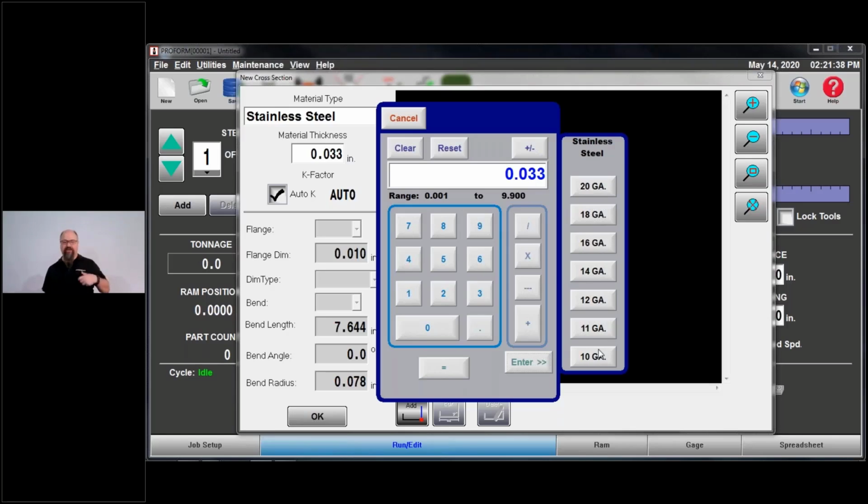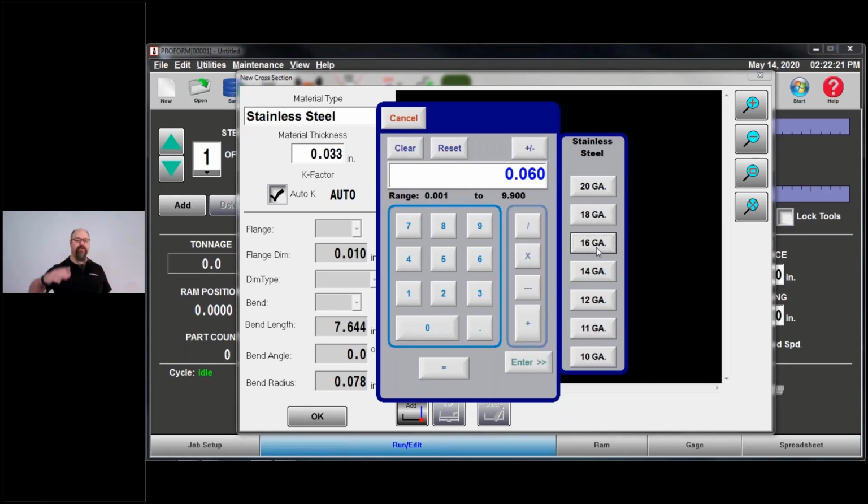Generally speaking, if I know that I'm making a 16 gauge part, I can go in and say, hey, it's 16 gauge. But the problem is when we get our steel from the highest possible grade steel supplier that I know you're all using, just because it says 16 gauge doesn't mean that it's 0.06. Can I write my programs at 0.06? Sure. But the farther off the physical steel is that the operator is bending, the more your offline program is going to be off from the actual reality.